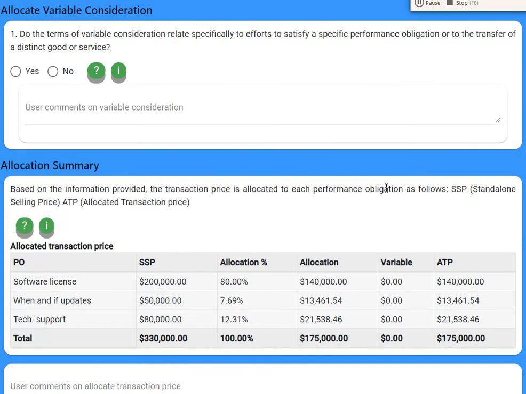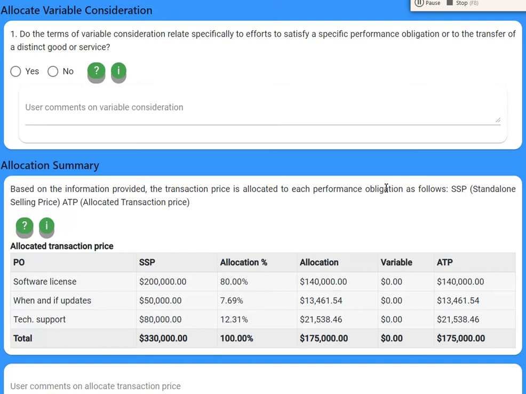Similarly, variable consideration, again, in general, just like the transaction price, is allocated to all performance obligations based upon its relative standalone selling price in most instances. However, the question being asked here is, do the terms of the variable consideration relate specifically to efforts to satisfy a specific performance obligation or to transfer a distinct good or service? So if there is evidence that, and there are specific criteria to be referenced,